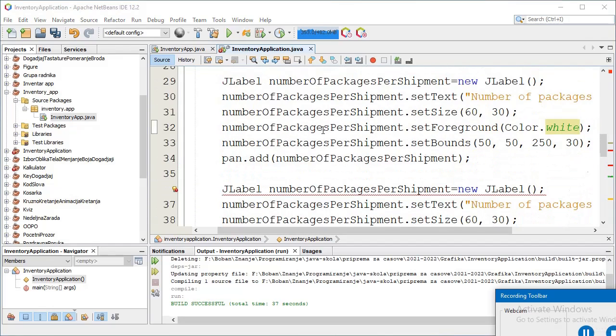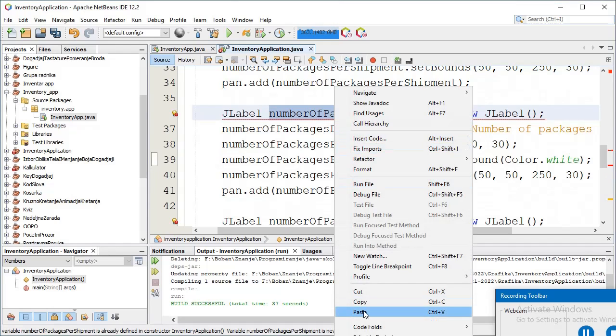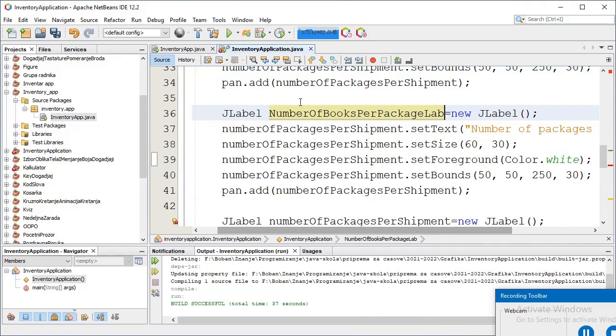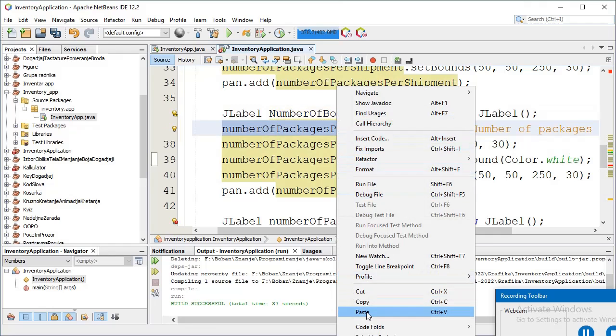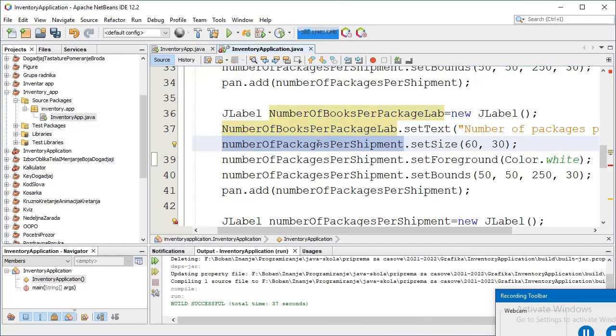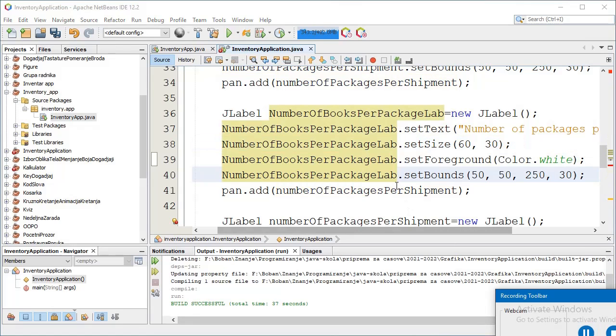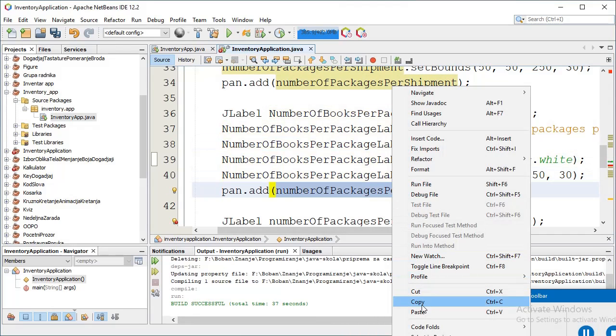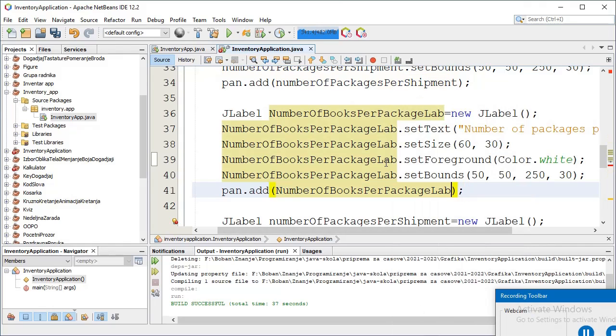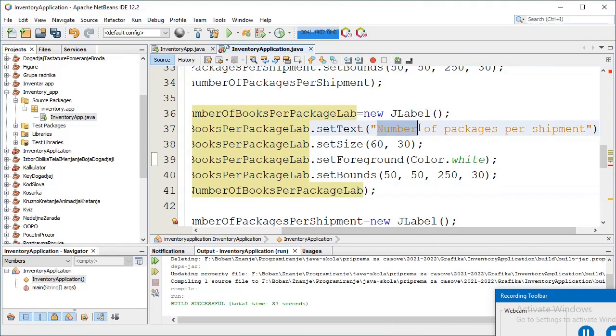The second JLabel is named number of books per package label. I change the next 5 lines of code. That's it. The text is number of books per package.